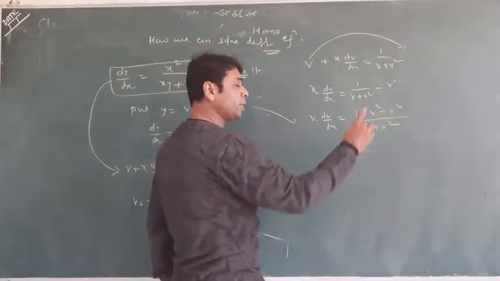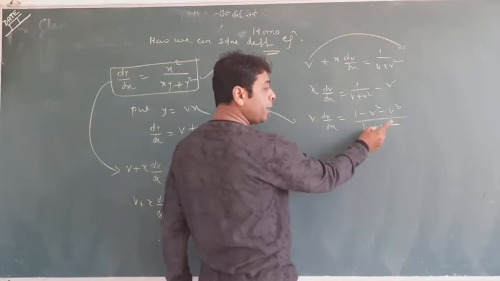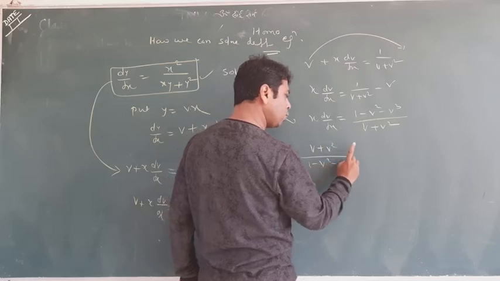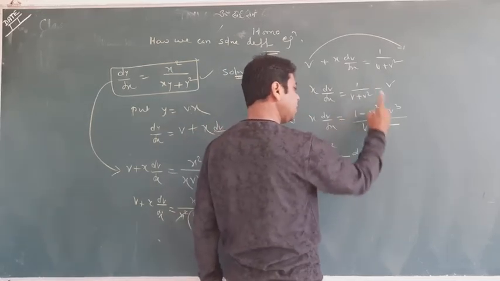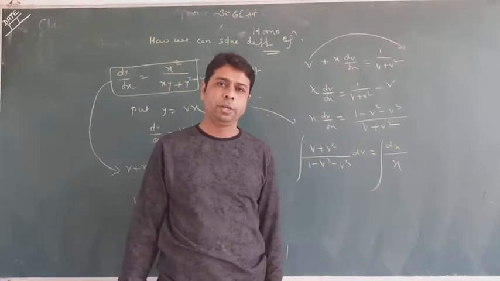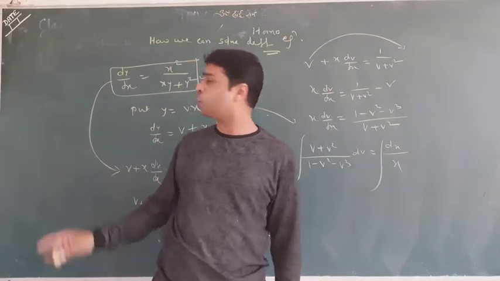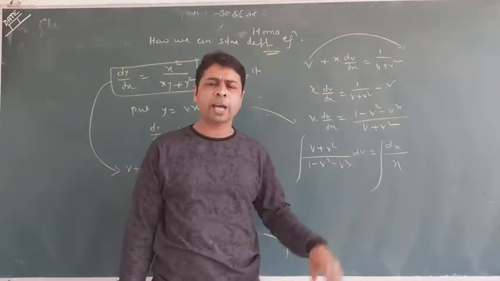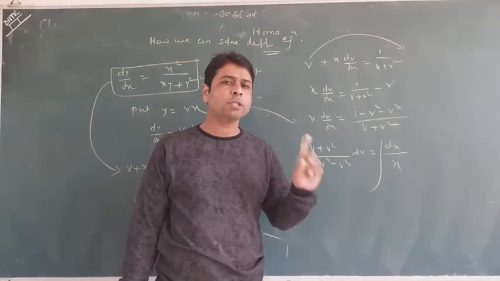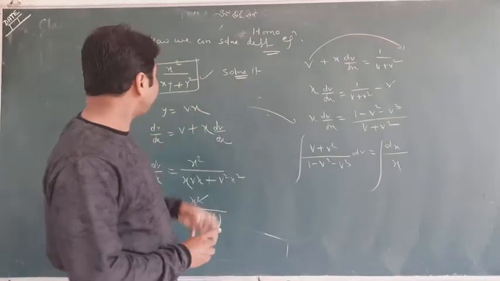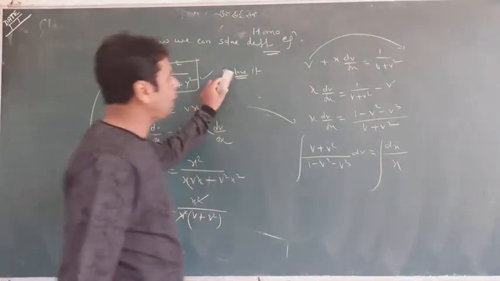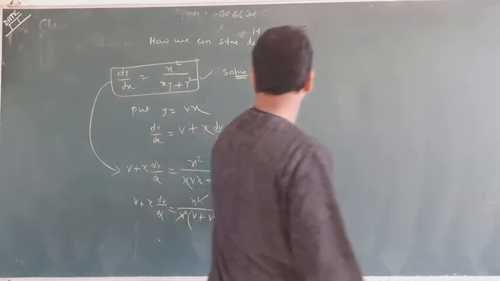And what is the method? Variable separable method. So we will write v plus v square upon 1 minus v square minus v cube along with dv, and dx will go upside and x will go downside, and do the integration. This is the variable separable method. Solving this is not the main idea, because I took the question from my side only, just by writing it came. The method is important, which I wanted to share with you. Keep in mind, whenever dy by dx is coming, you always take y equal to vx. Now you have got the idea, so let me speak further.